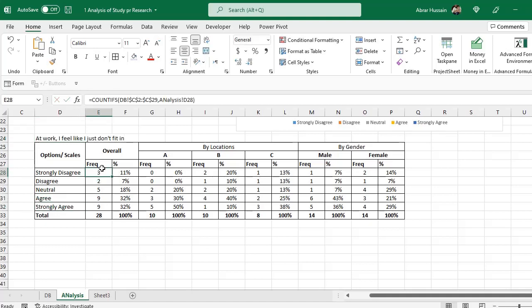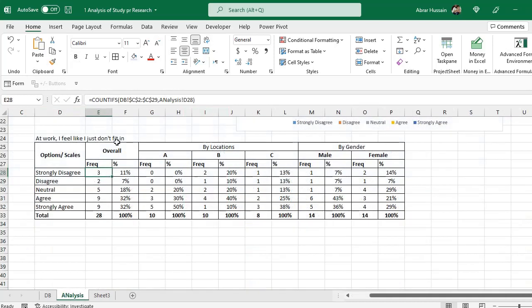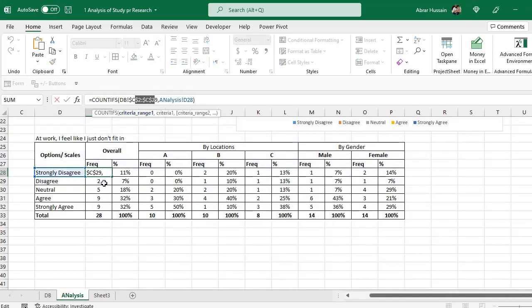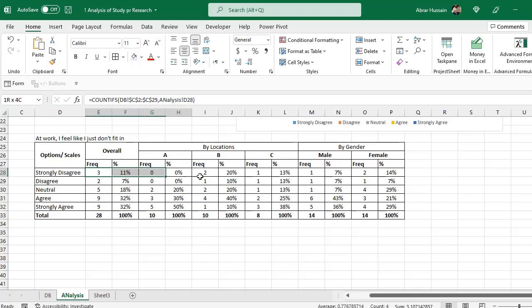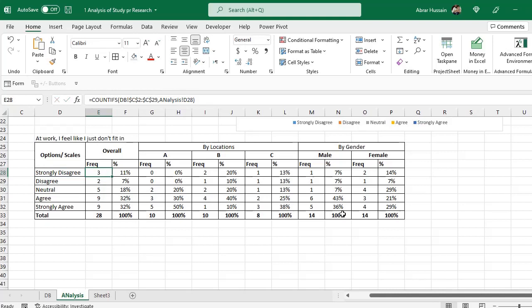Now here you see what was the column for the first question. The column for the first question was C. Now the column for the next question is D, while for the location and gender it would be the same. So D column. So here you can see everywhere this C column is used. Now you can just copy this range, the column C range, C2 to C29, copy it,